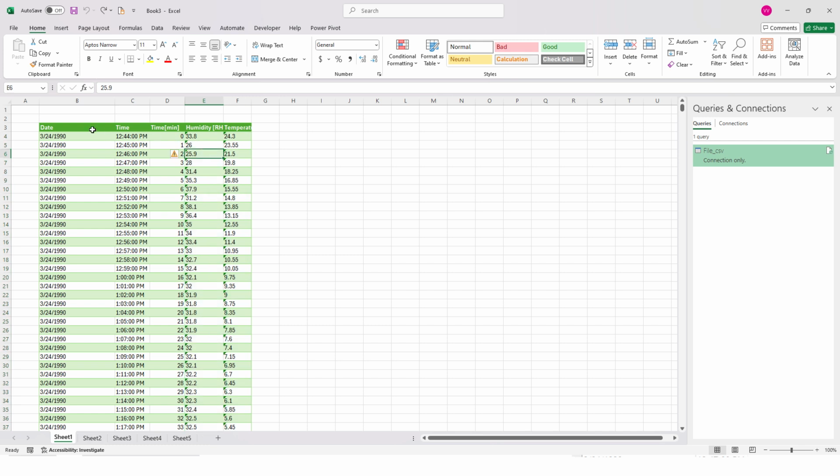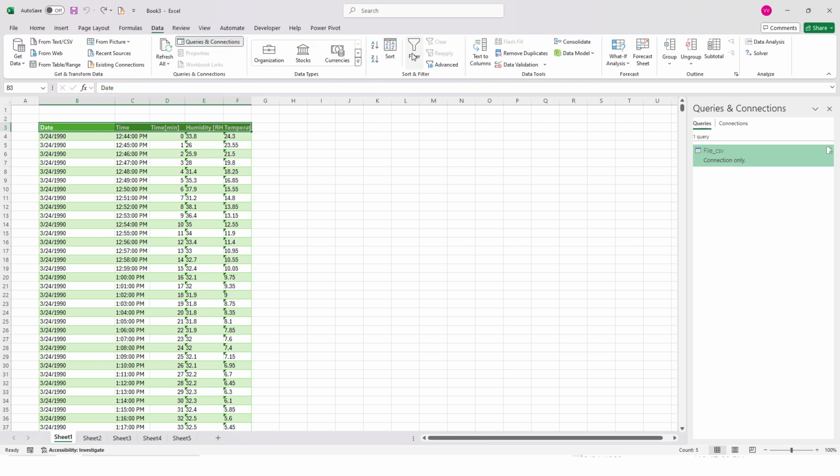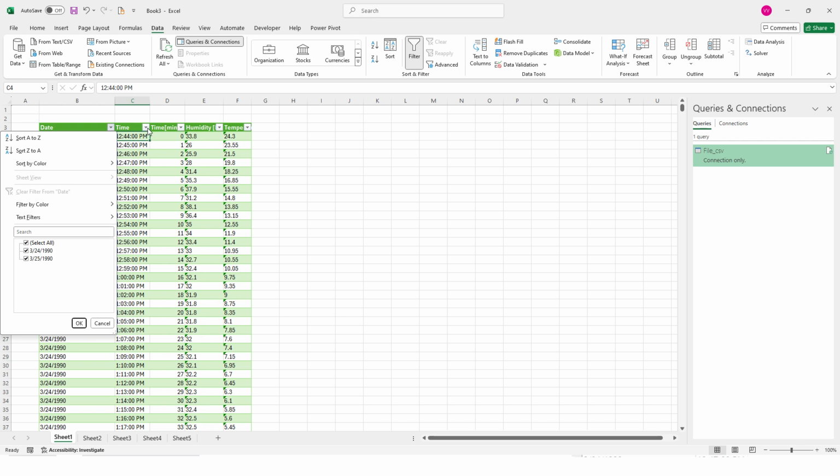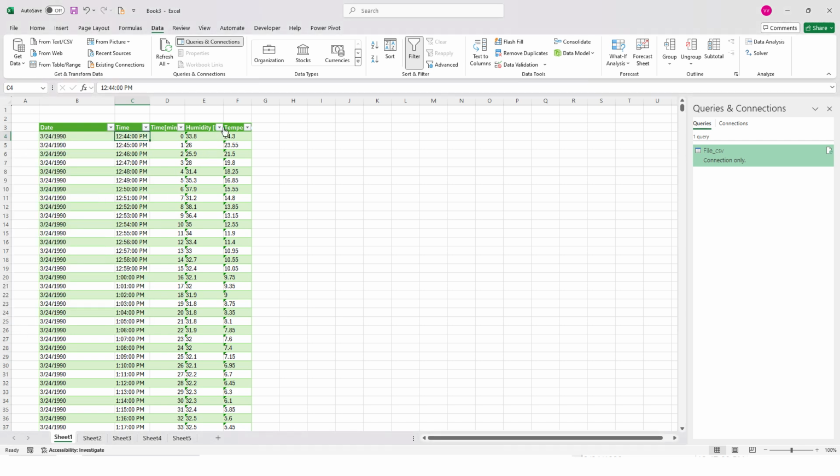So even in the convert to range, you could still sort by going to the data tab and using the filter function. So now you get back the sort feature. You can easily remove that. We'll convert this back to a table for now